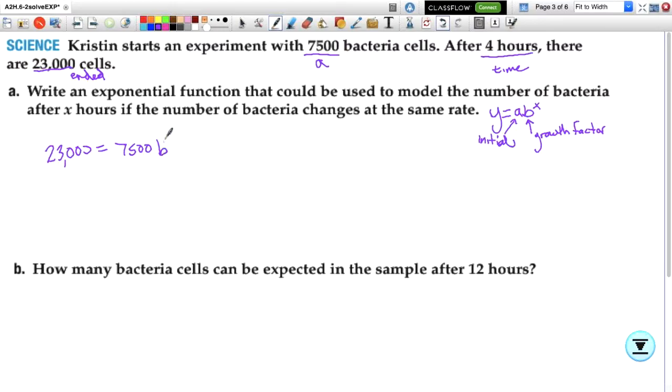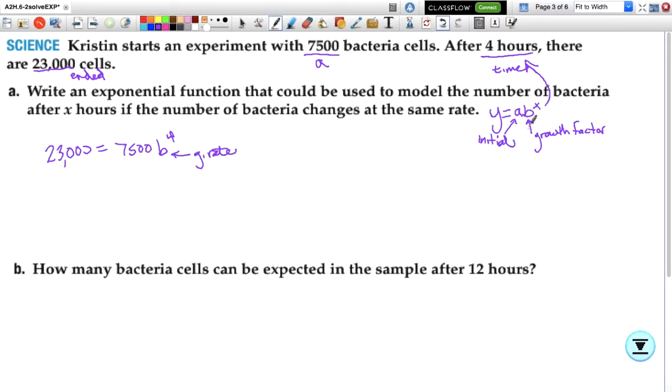And then I'm going to raise it to a power. Now the power here is actually not going to be x. The power is how much time has passed. And we know the time. It's 4 hours. So I'm going to put a 4 there. Now, you are going to need a calculator to go about and figure out our growth factors so we can actually write the equation. Because they're asking us to write an exponential function, which means our x needs to be here. So we actually need to find out b, substitute it back in, put an x here and a y here. Okay, so all we're doing right now is calculating our growth rate